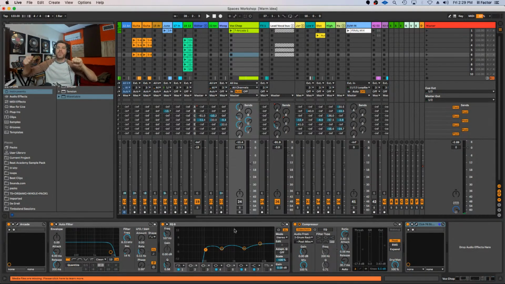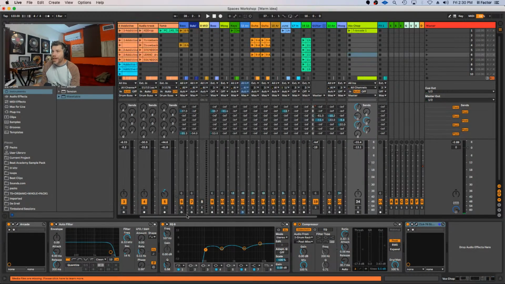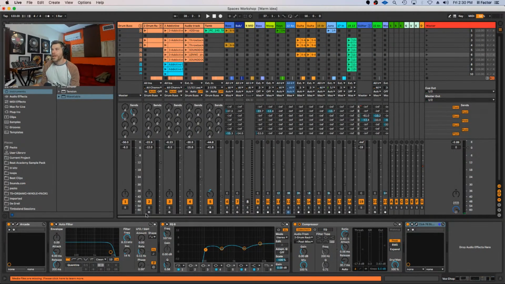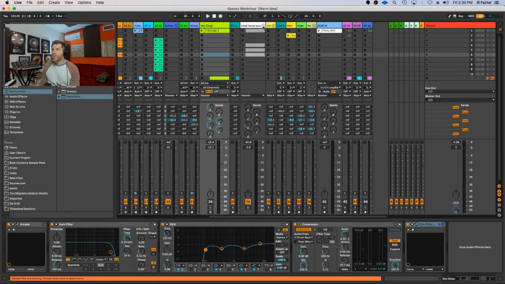And so that's when I'm utilizing my effects to help create the dimension with the elements I have. Whether you pan things to the left and right really just comes up to you. You can see there's not a lot of heavy panning here. Maybe a little bit to the left, a little bit to the right. It does play a part in the vocals.